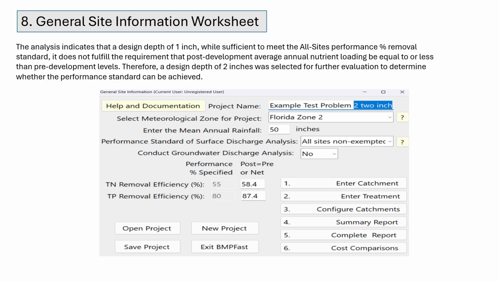To do this, we return to the General Site Information worksheet and re-enter the parameters for a 2-inch design depth. All of the input data stays the same as before, with one exception. The project name is updated to reflect that we are now working with a 2-inch design depth. From there, we can run the analysis again and assess whether this deeper retention depth is sufficient to meet all